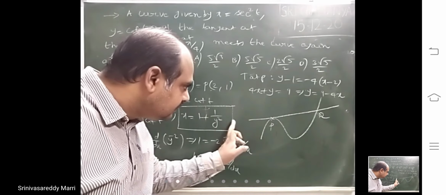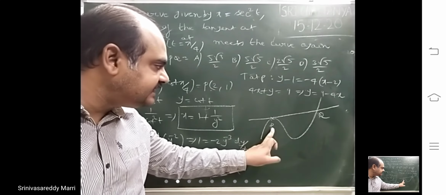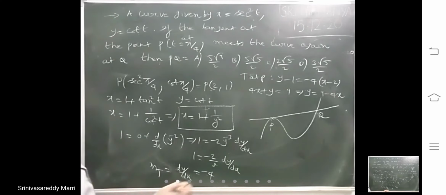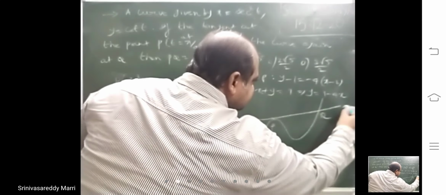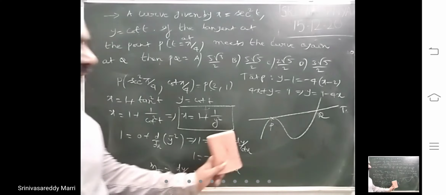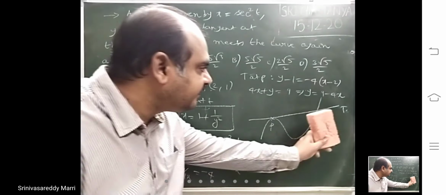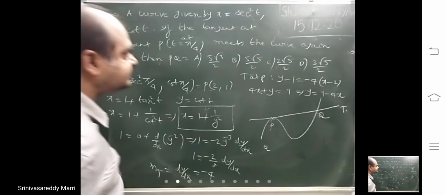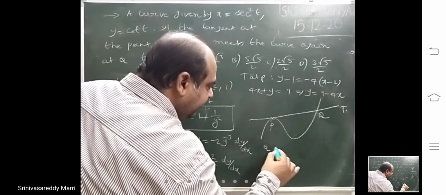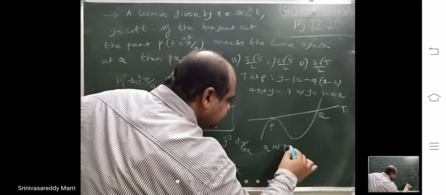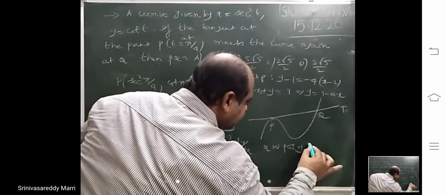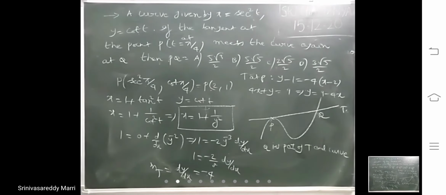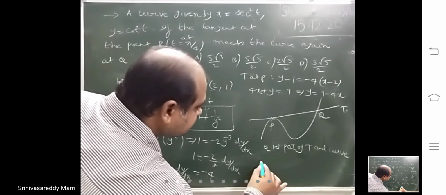Tangent drawn at P is meeting the curve at Q. Whenever a tangent at some point meets the curve at some other point, take the curve like this. So this Q is nothing but the point of intersection of the tangent and the curve. Look, point P is already known. For the distance PQ, you have to calculate point Q. Q is the point of intersection of the tangent and the curve. That means you have to solve both.